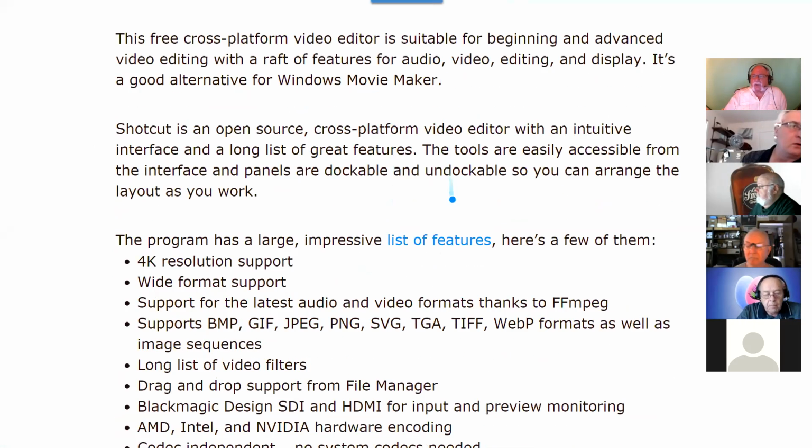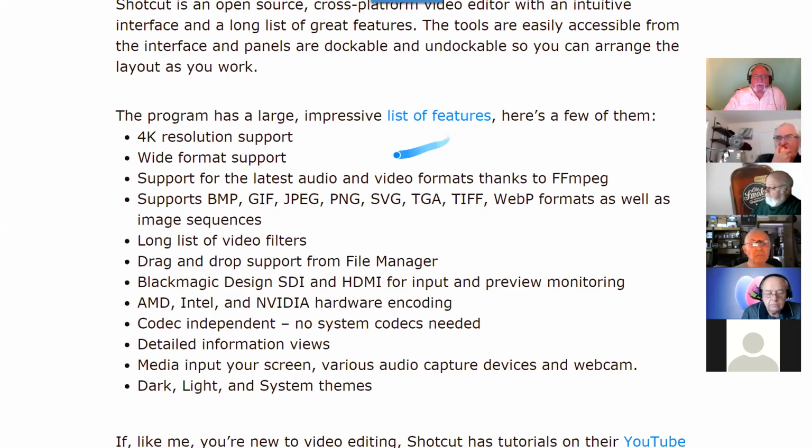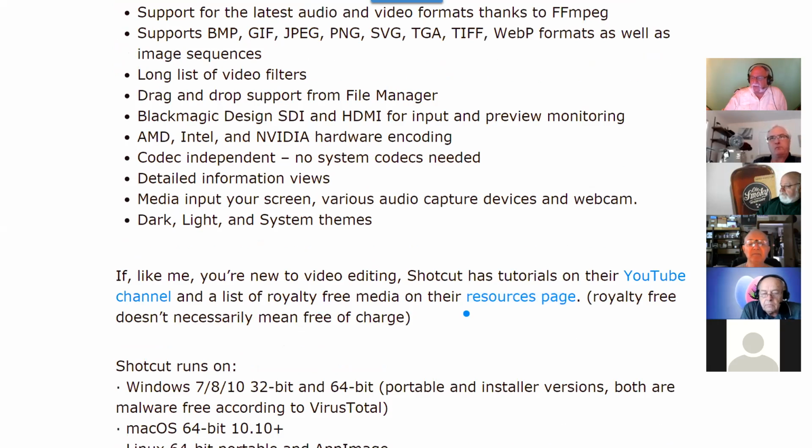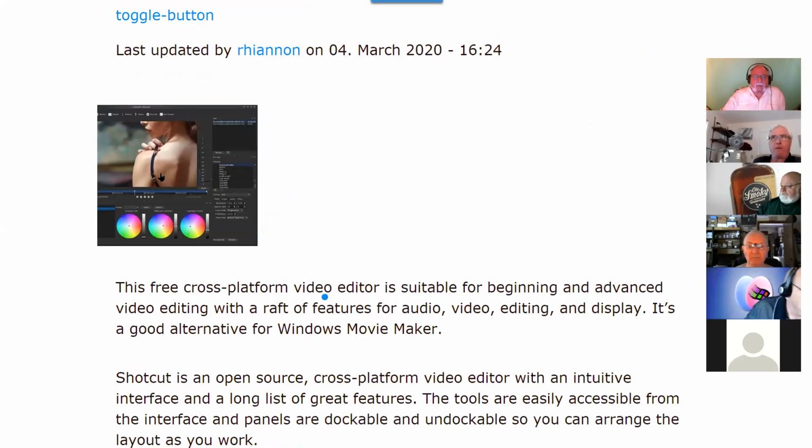It has a large, impressive list of features, 4K resolution support. You can read through these. I'm not going to read them all to you. And if you don't do video editing, most of this doesn't make any sense to you anyway. And according to this article, it says if you're like me, you're new to video editing, Shotcut, and that's the name of it, has tutorials on their YouTube channel and a list of royalty-free media on their resources page. So I went and I watched one or two of their videos, and then I brought it up, and it does look something like this,